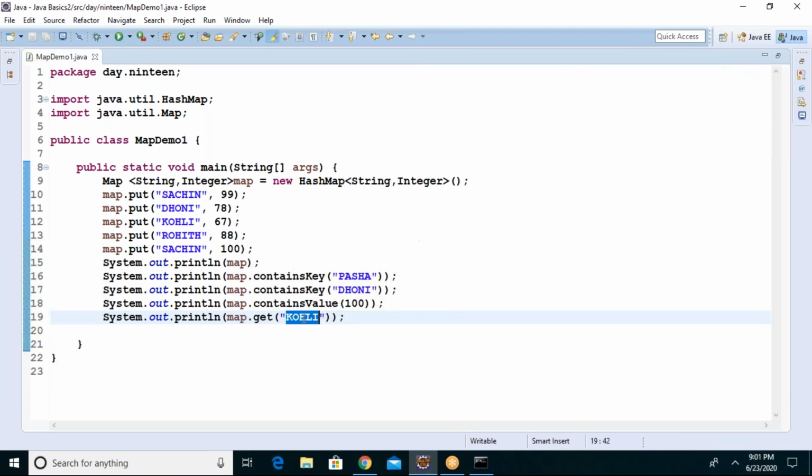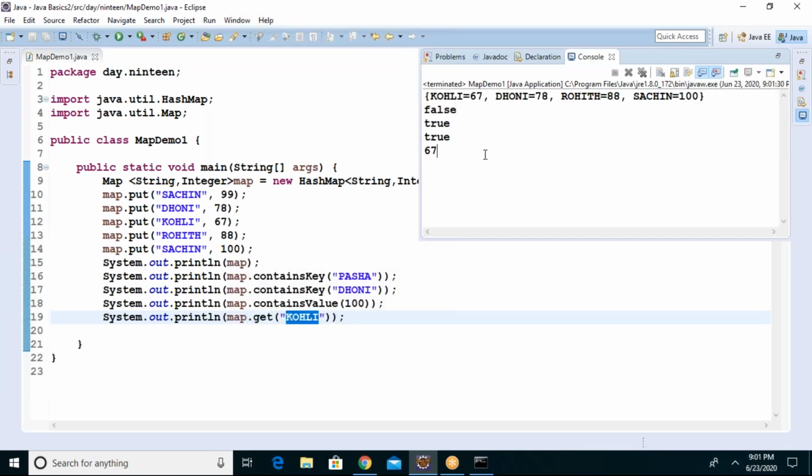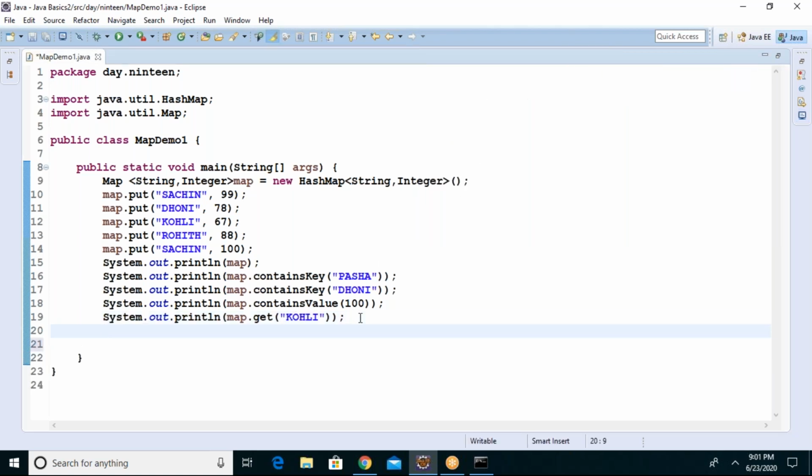I provided key Kohli and it is giving me the score of Kohli, 67, guys. See, searching, testing, everything is implicitly available. Ready-made methods are available. We need not worry about a lot of things. It will store all the elements and provide methods to search, sort, add, remove. Everything is predefined. That is the collection framework.